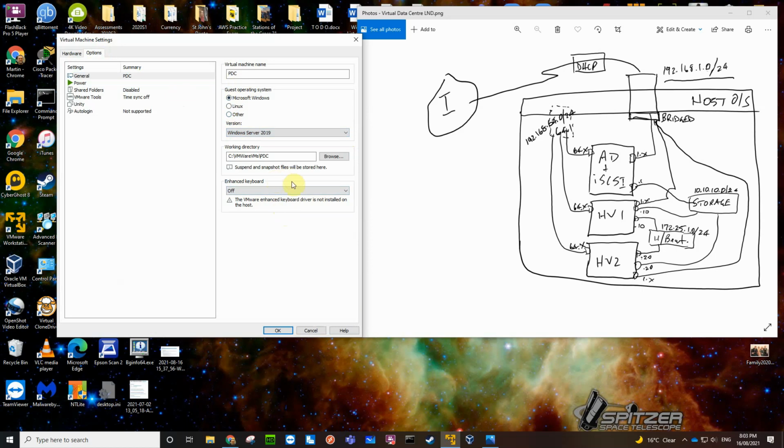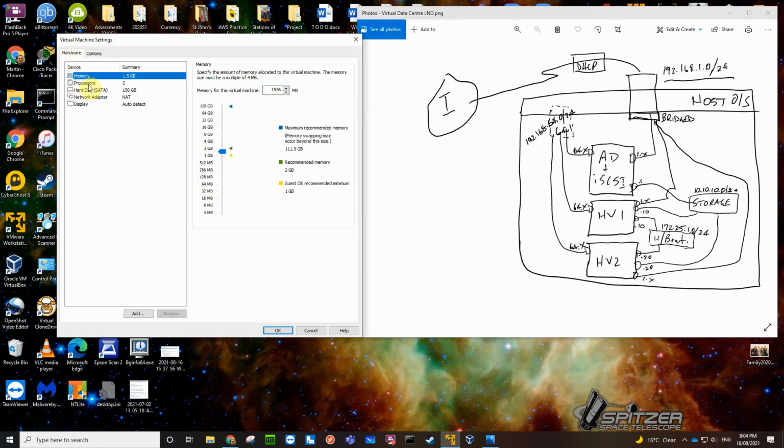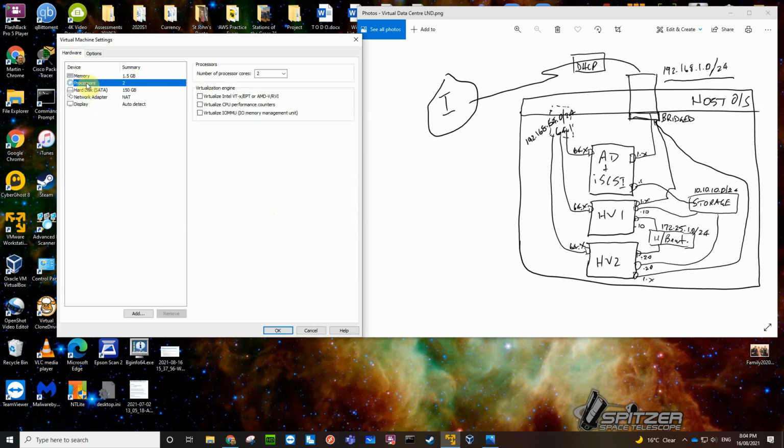And the other thing that we need to do is in the hardware, under the processors tab, we've currently got 2 cores. You can put as many cores as you want. I'm going to give it 4 cores just for fun. We also need to tick this box, Intel VT-x or AMD-V. These are the